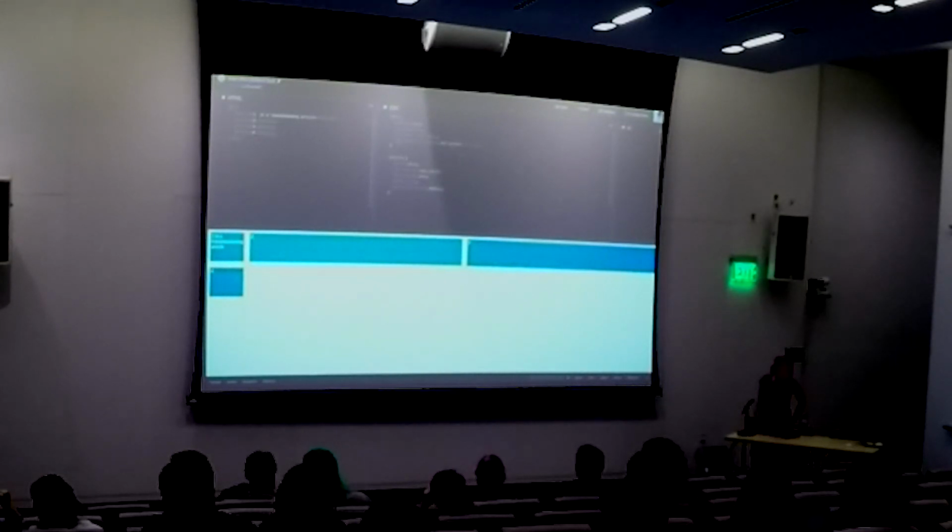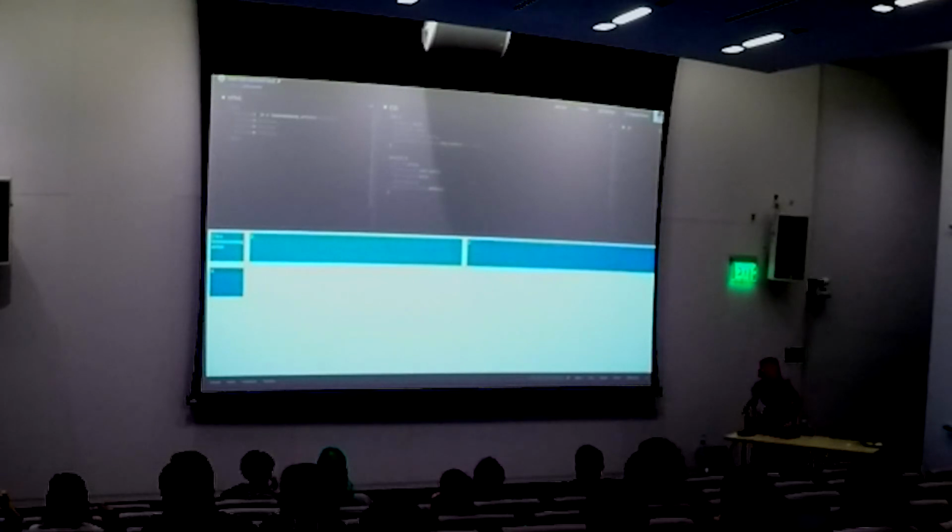And I've set the grid template columns to min content 1FR, 1FR. So what min content is doing is it's going to shrink that cell to be the smallest size that it can possibly be. So at the moment, the smallest size it could possibly be is the length of that very long word. If I set it to max content,